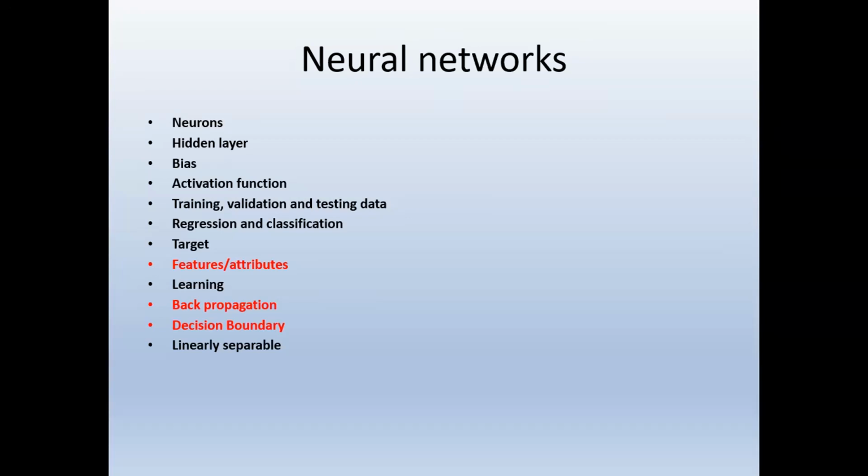That kind of data is called testing data, and the accuracy which is produced by testing the network is called generalization. Generally, accuracy can be stated in terms of training data, validation data, or testing data. The accuracy obtained by giving the testing data is termed generalization. That means it should generalize to a new environment. That is the meaning of that.